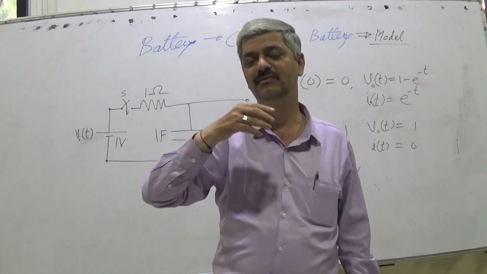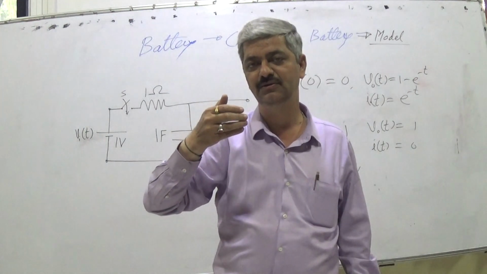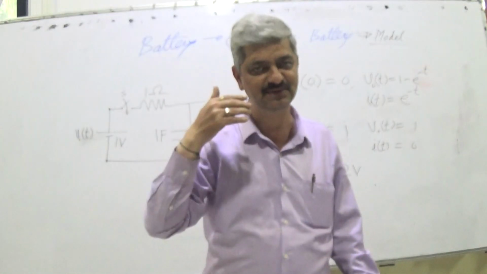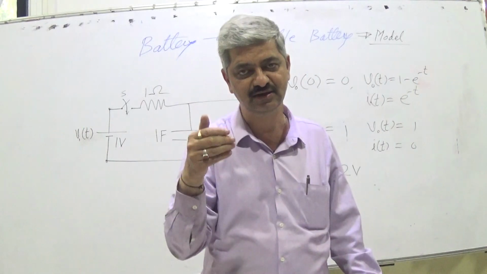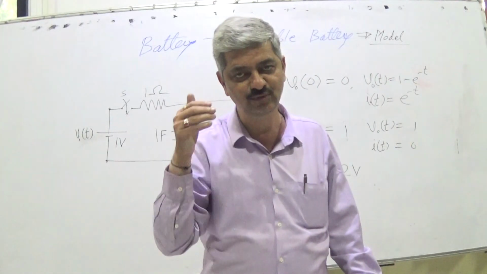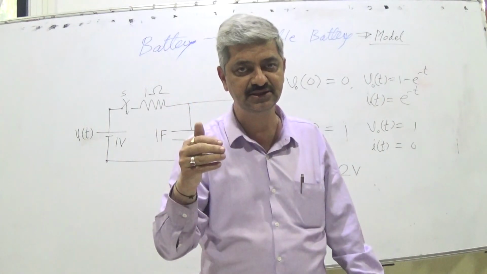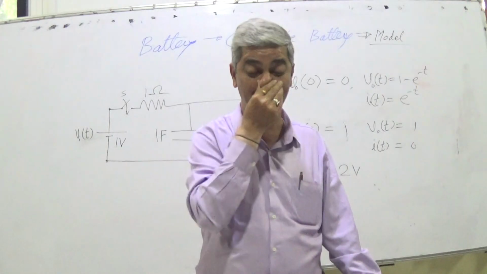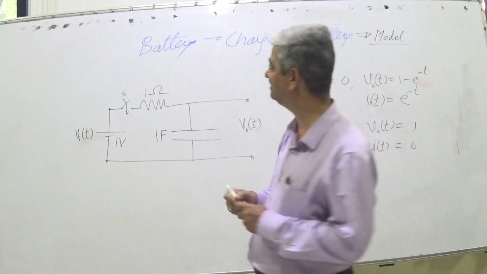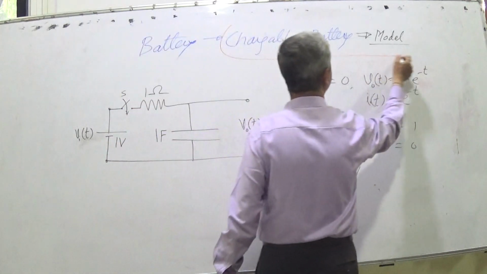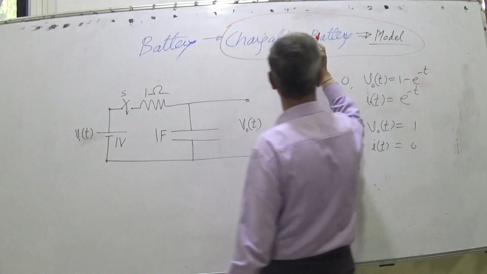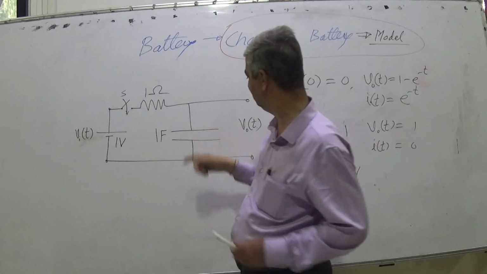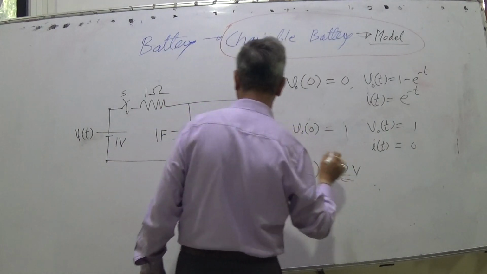So the chargeable battery, the hint of diode is given because otherwise it's not so easy. The chargeable battery is to be considered made up of ideal voltage sources, resistances and diode, a charging circuit. So you just try to think of a chargeable battery as a model with voltage source, resistance, diode. What I wanted to tell with all this is that when Vo(0) is 2 volts, what is the situation?